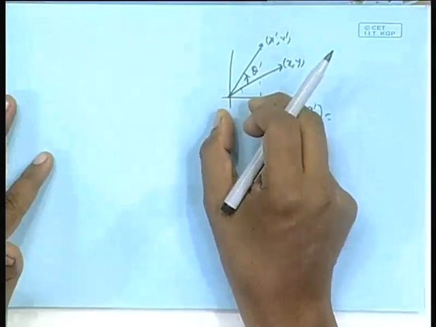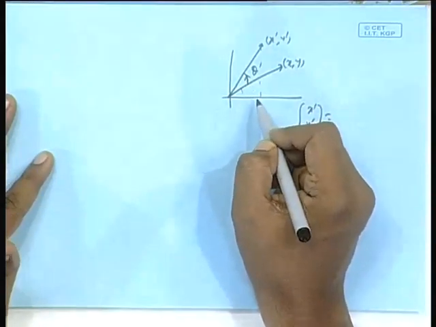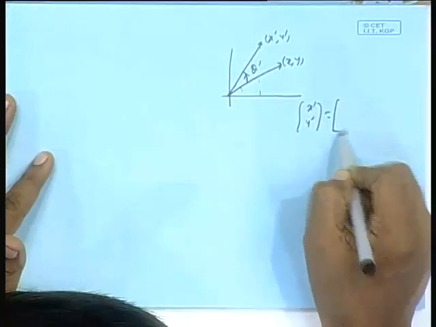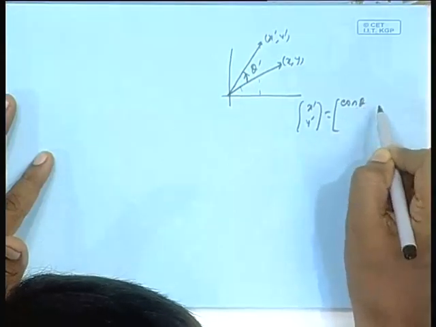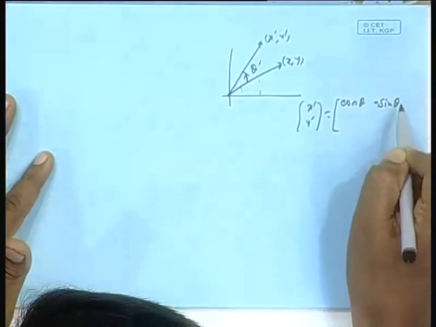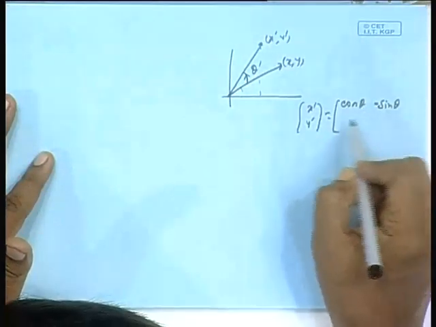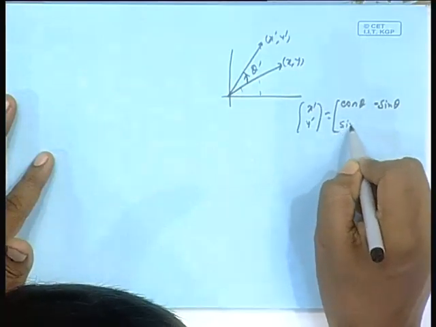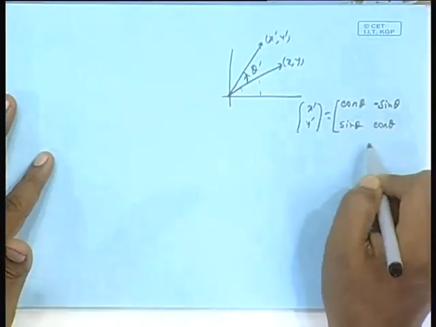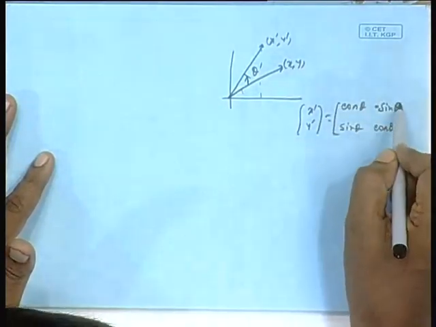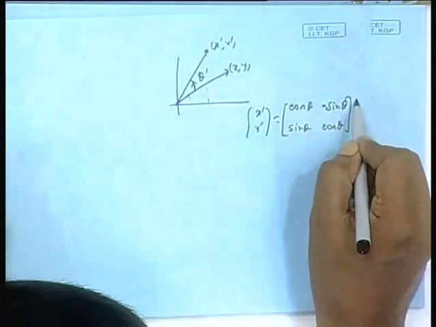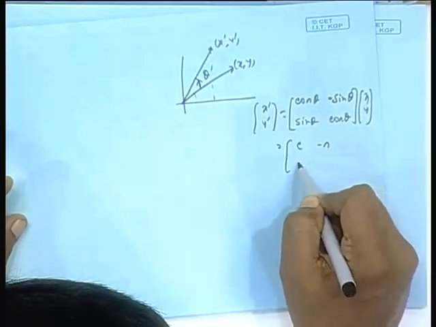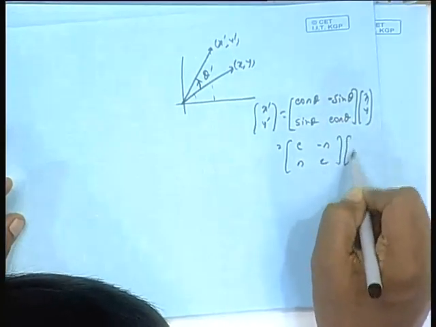So, this new x prime is p cosine within bracket theta plus alpha, and cosine theta plus alpha there will be a minus sign, isn't it? So, that is why if you work it out that way, it will be cosine theta then minus. In one of my earlier lectures I skipped this minus sign here: cos theta minus sin theta, this is important, cos theta minus sin theta and then sin theta cos theta. This I can write down because this is unitary. So, if I know one row from orthogonality I can find the other row. This times x y, that is c minus s c times x y.